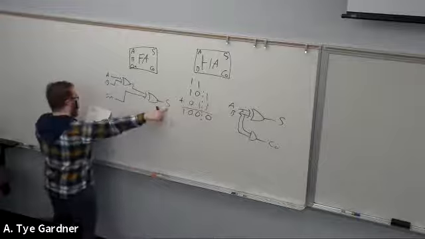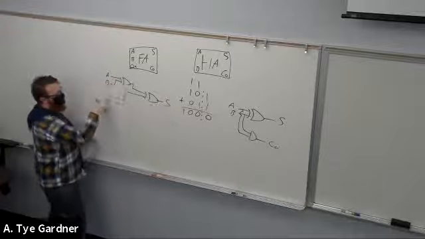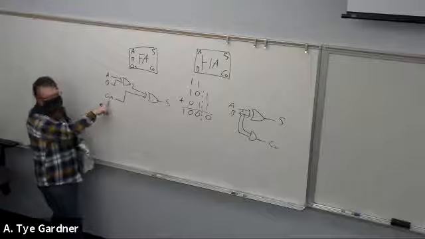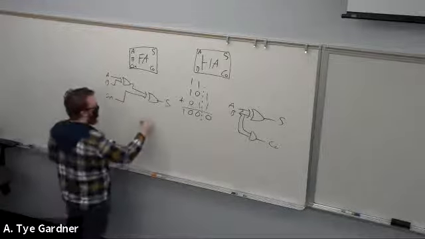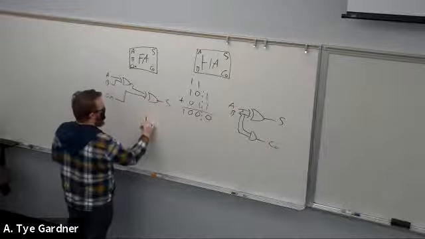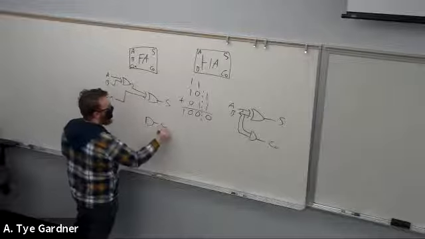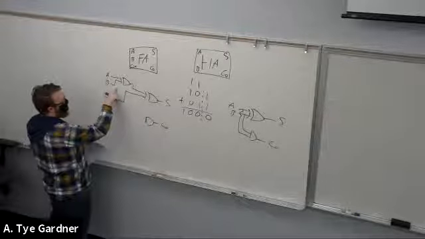Where sum is A XOR B XOR Cn, right? Remember that derivation from last time? And then the easiest way, if I'm using the XOR architecture for carry out, is I really just need to worry about the